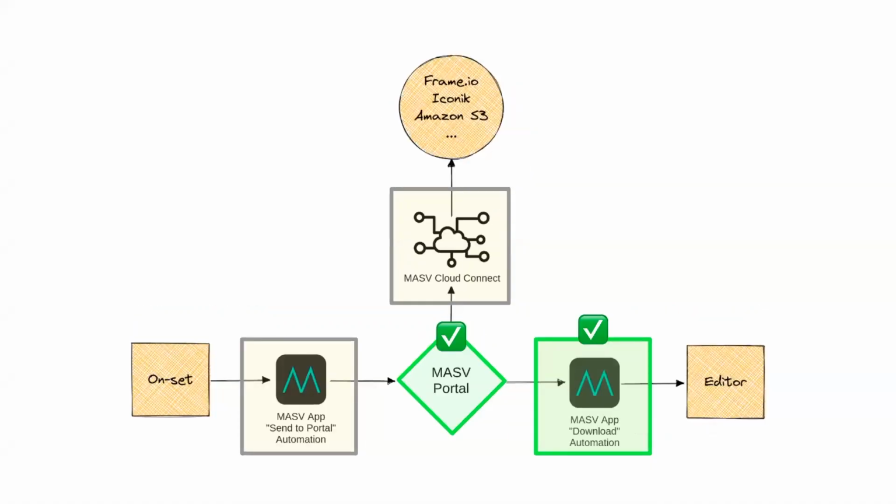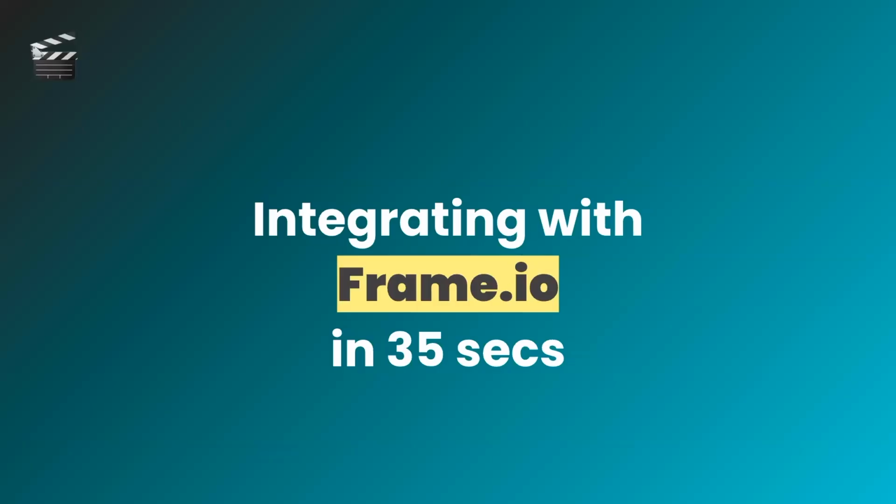All right, so let's go back to our solution design again and see where we're at. And this is the step we just completed. We automated the sending side on set by means of simple file copy and paste. Same as before, if we have multiple collaborators on set or in different locations, we can simply repeat this step for each one of them so they can automate delivery.